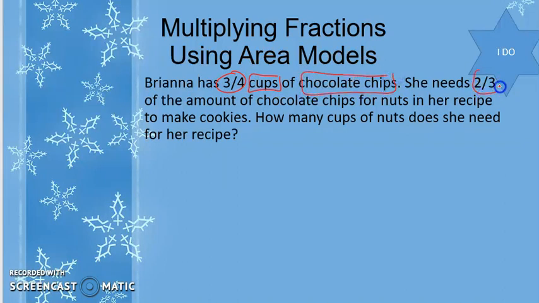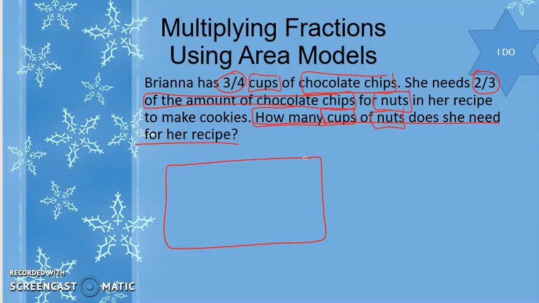She needs 2/3 of the amount of chocolate chips. So she doesn't need 2/3 cups of nuts. She needs 2/3 of the amount of chocolate chips for her nuts in her recipe to make these cookies. We want to know how many cups of nuts she needs for this recipe? So in order to use the area model, we're going to use a rectangle, and we are going to have 2/3